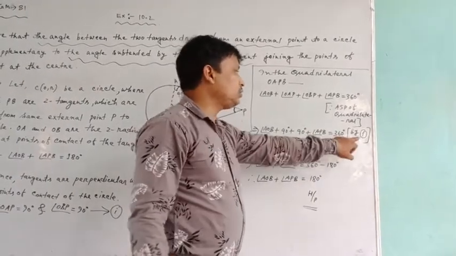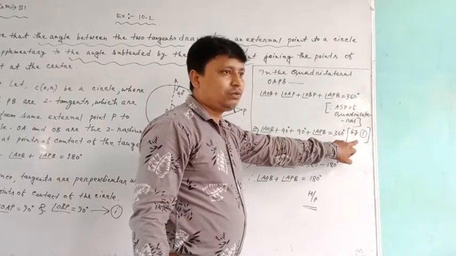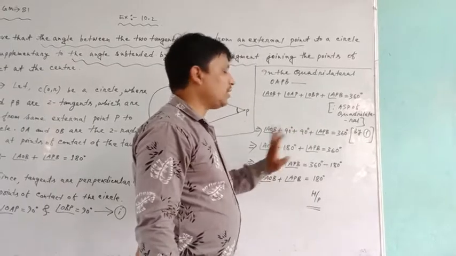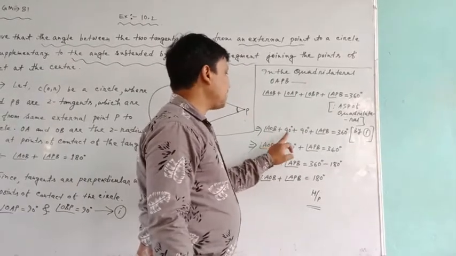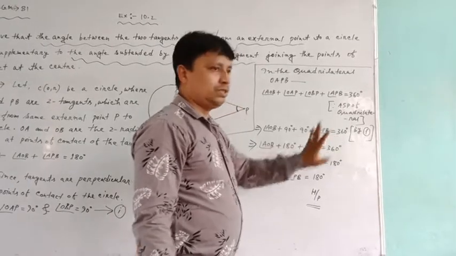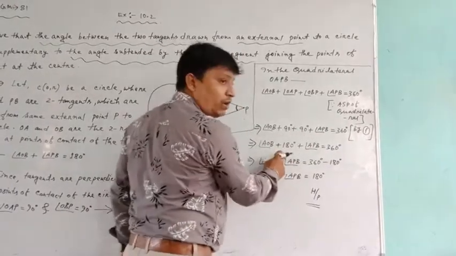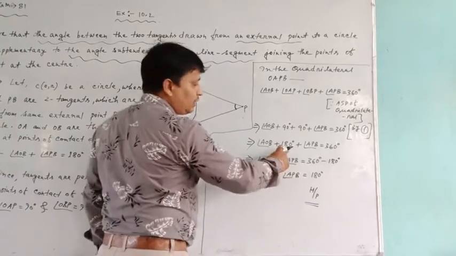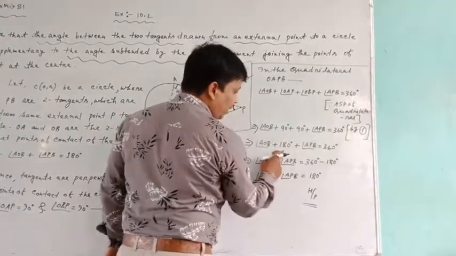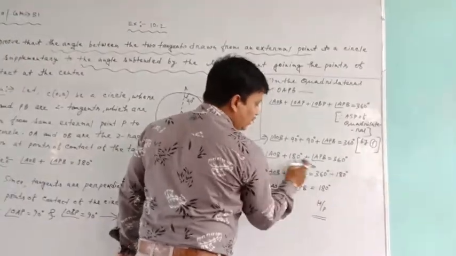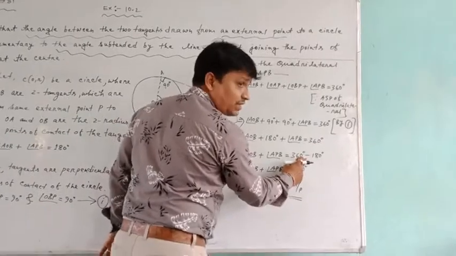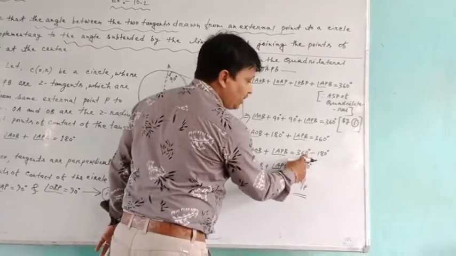How are we getting these two? Just give your link, by 1. So by 1 we get these two measurements, 90 and 90. Then angle AOB plus 90 plus 90 plus angle APB equal to 360. So the sum of these two angles is 180 degrees. Now you have to shift to the right side. So 180 degrees is already shifted to the right side. This sign is a plus sign, so if you shift to the right side, then this sign will change. So now it is minus.